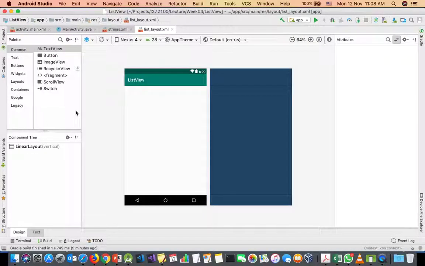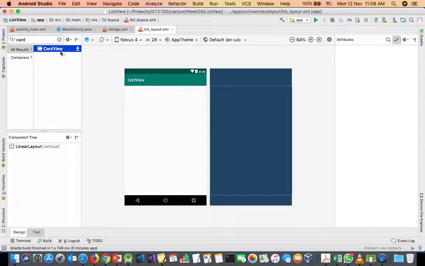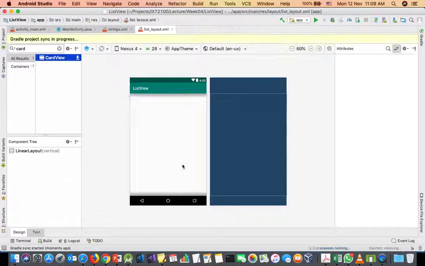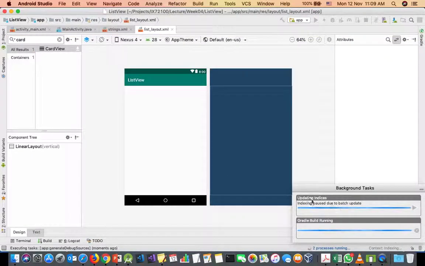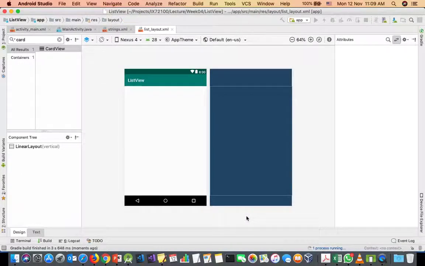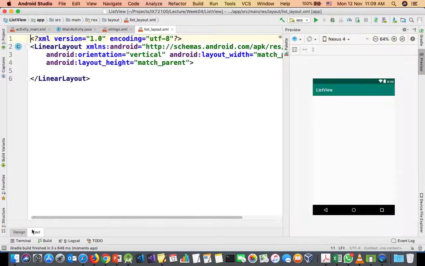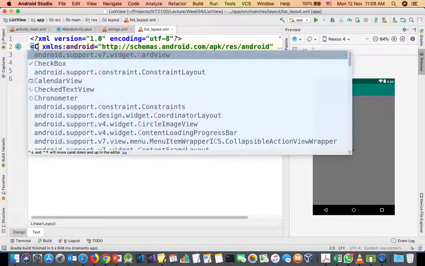Of course, I'm going to change it because I'm not going to use that linear layout. I go into the design view and I try to find out that card view here. Look, we have a card view and we have that down arrow button. By default, it is not available inside our project. So I just click on that one and it will ask me that you want to import that, include that dependency into that project. I say yes, okay. It is trying to index that thing, rebuild that particular project, and once it is done, now that arrow has disappeared. I will go here and I can create a card view,